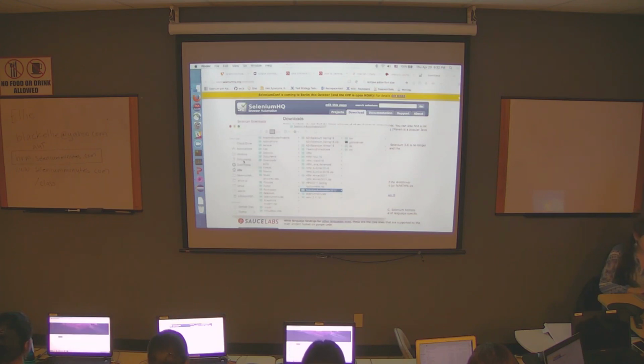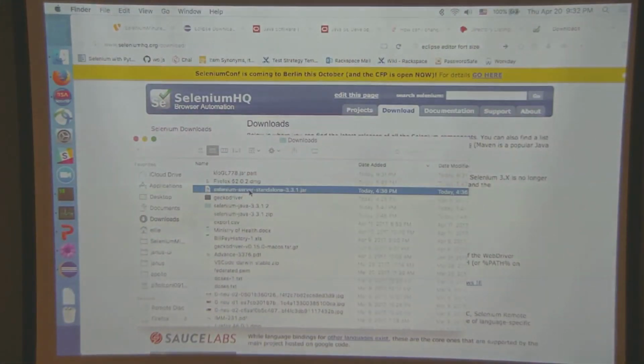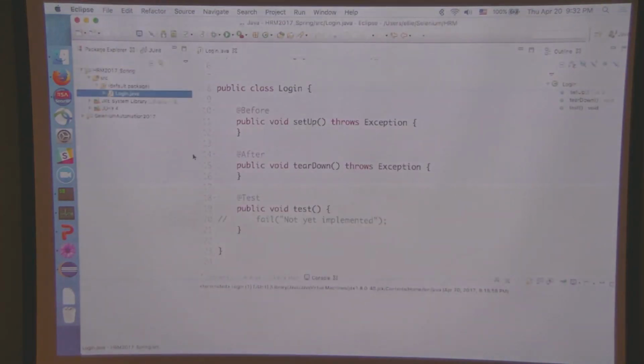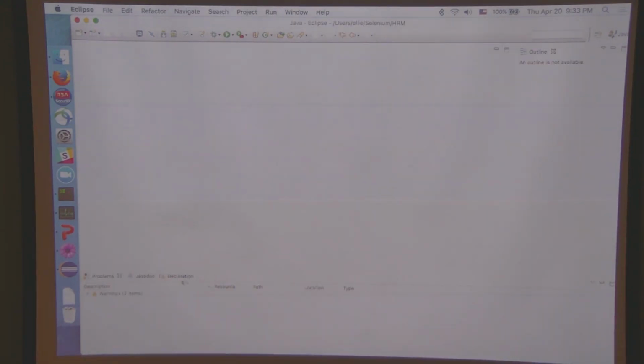Mine is, or it was, here. See? There it is. And then what I'm gonna do is inside my Eclipse. By the way, somebody told me they weren't able to see the folders. Who was it? Let's say that my 2-year-old was playing with my Eclipse.